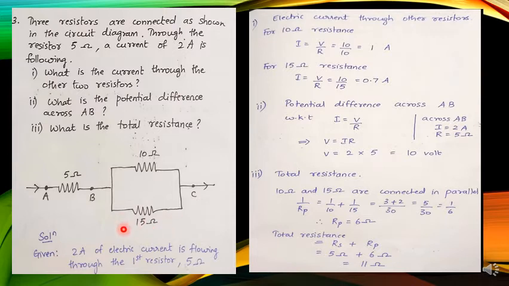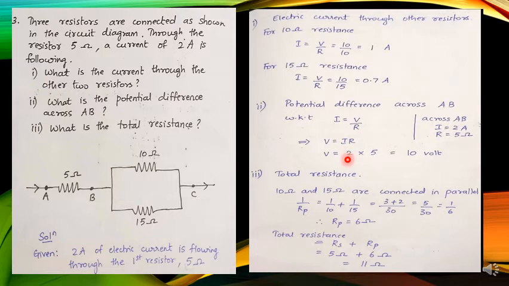We require voltage and resistance value. Resistance value is 15 ohms. Voltage you have to find. You will be getting the voltage if you find the answer for the second question. All of us know voltage remains constant when it is parallel. So first find the answer for the second question, that is, what is the potential difference across AB? What will be the potential difference? Potential difference across AB, we can find it using the formula I is equal to V by R. So if you modify this, you will be getting V is equal to IR.